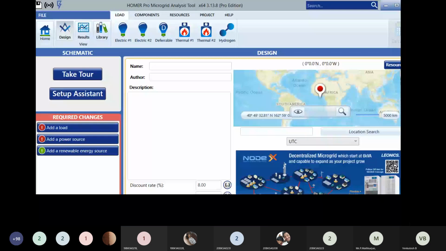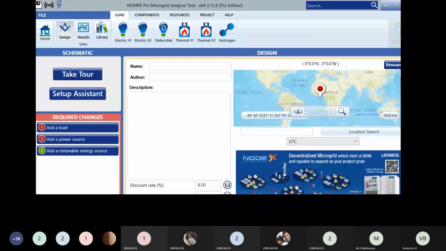You have different components. Suppose I will add, when you click on add power sources, you might have got auto size generator set. That means I wanted to run my system by using a diesel generator. And also, I don't want to give any rating of my diesel generator. I say that it automatically adjusts according to the load requirement. That is also because initially I'm starting. Basics we'll see. After that, we'll think about the system definition.